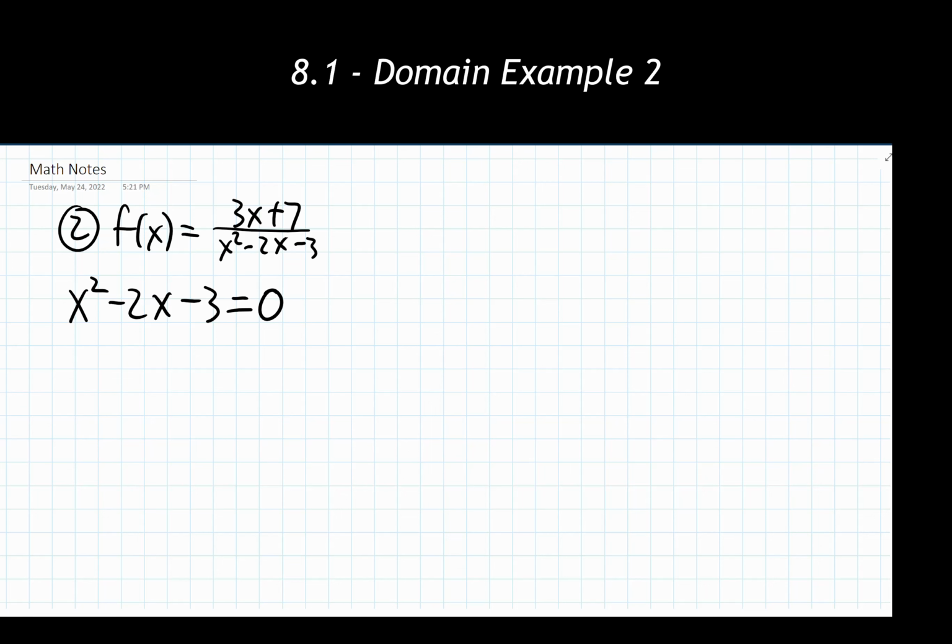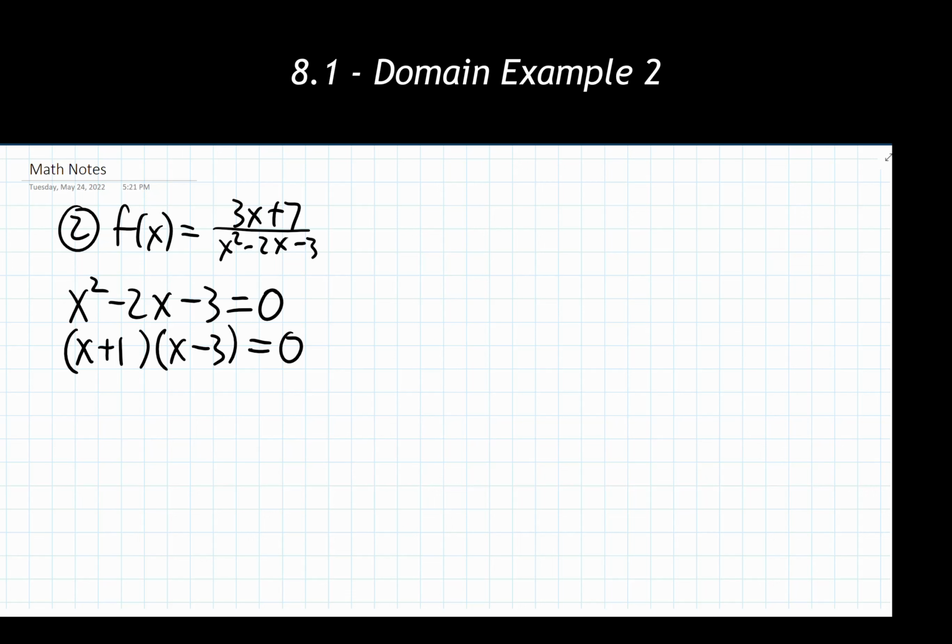And using our techniques that we learned in chapter 7 to factor this thing out, I'm looking at this and seeing, okay, I need to find two numbers that multiply to give me -3 and add together to give me -2. And then I can just write this thing into its fully factored form. So this would be 7.2 material. It turns out our two numbers are going to be a +1 and -3. You can write these in reverse order, that's perfectly fine, as long as one is x minus 3, the other is x plus 1.